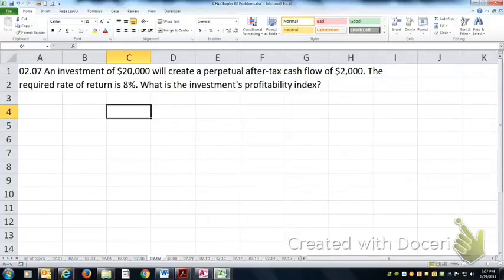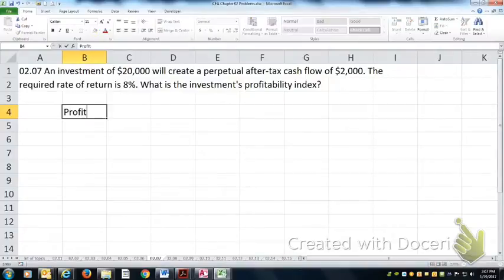This is problem 3 from Chapter 2 of the CFA Institute textbook, Corporate Finance, A Practical Approach, 2nd edition. And here we're asked, what's the investment's profitability index? The profitability index